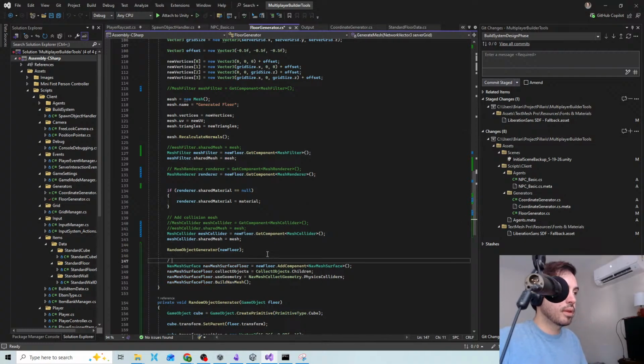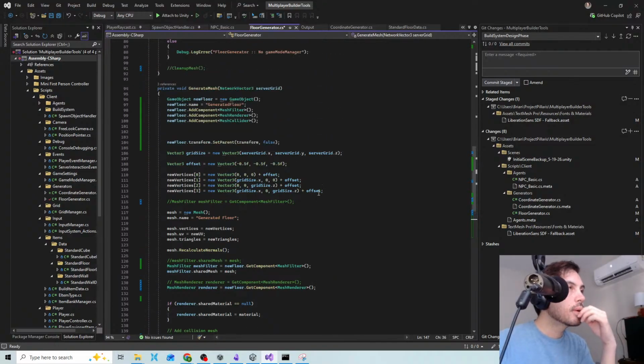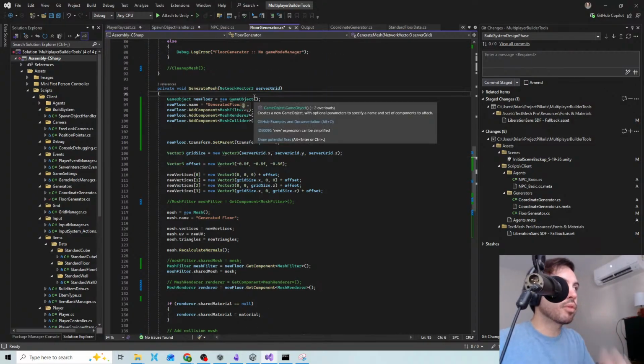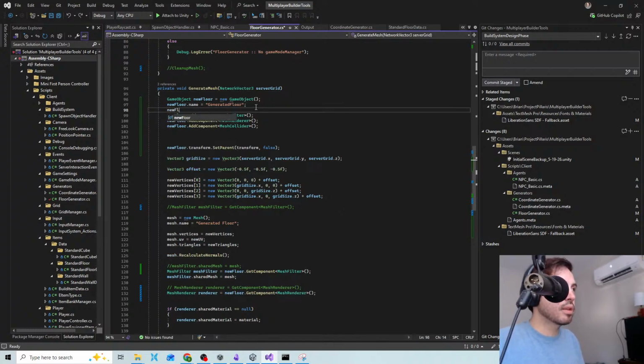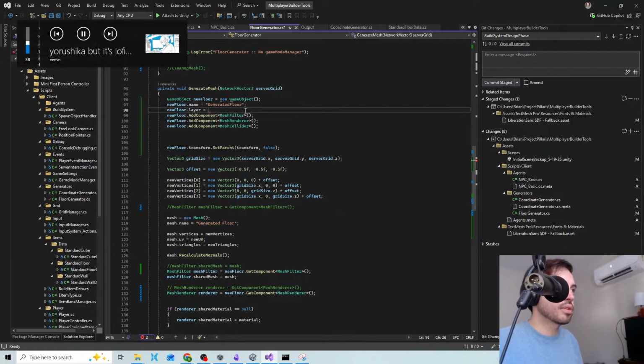So, building navigation mesh is right there. We build the floor right here. And I need to basically say the new floor dot layer equals. Is there